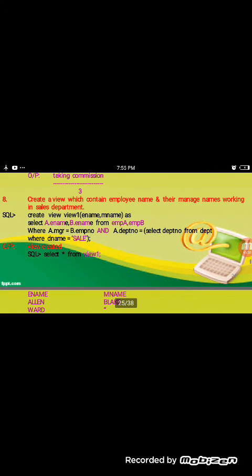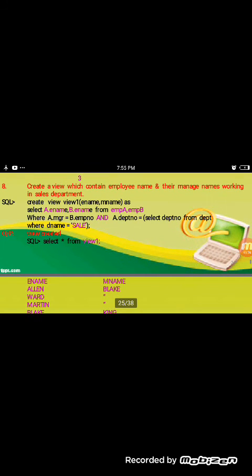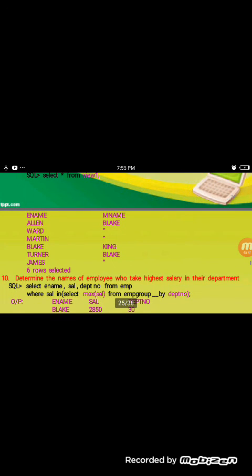And then the next one is a create view command, which contains employee names and their manager names working in the sales department. For that purpose, create view 1 from department number and department where name is equal to sales. Two employees A and B will be there, and 6 rows will be selected.